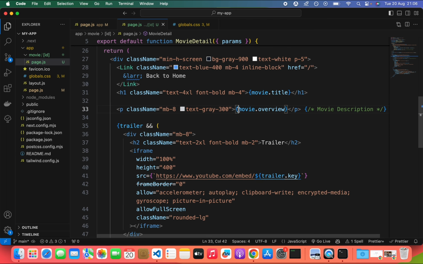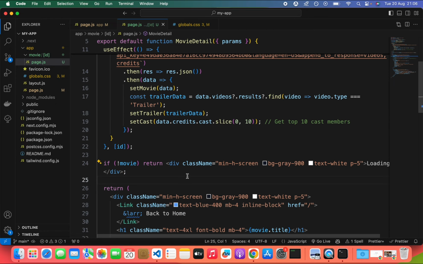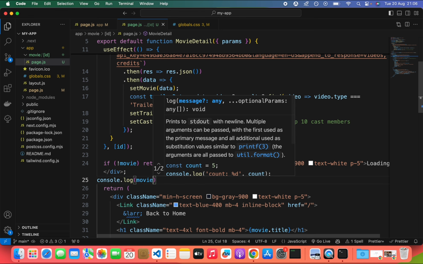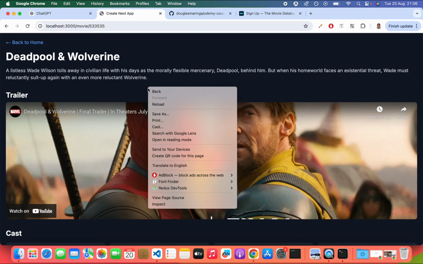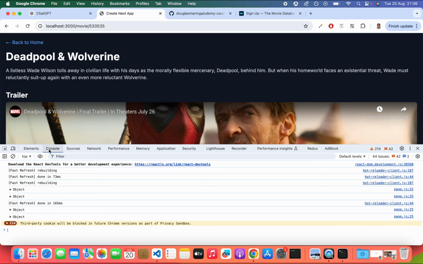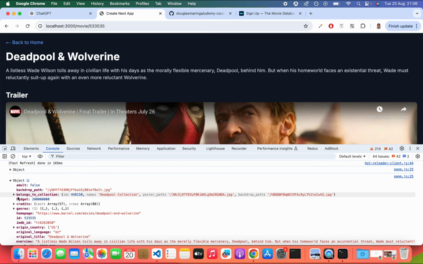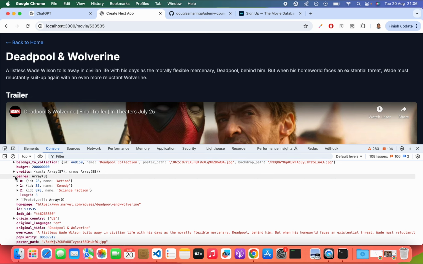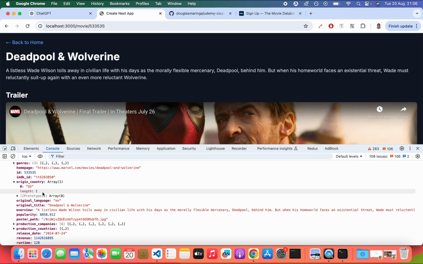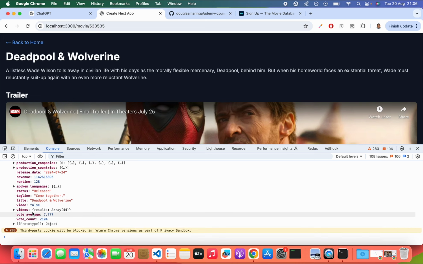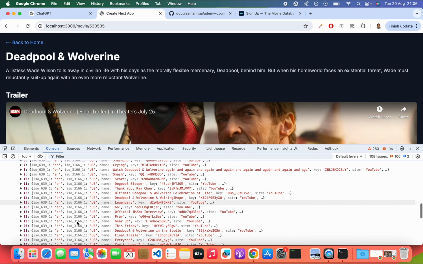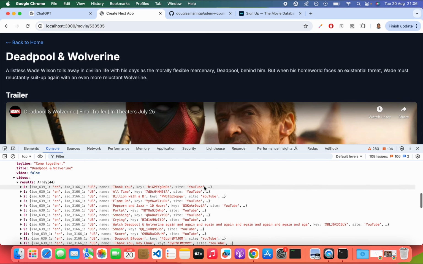Then here we have a movie overview, right? We can even try to see what the object looks like. Console.log movie, right? We can take a look at what this looks like. It's an object, right? Belongs to collection. You can see the budget of the movie, the credits, the genre that it belongs to, the country. Yeah, you have lots of data. That videos, it has like 44 videos, right? As you can see, it has like 44 videos, and all these 44 videos will be belonging to